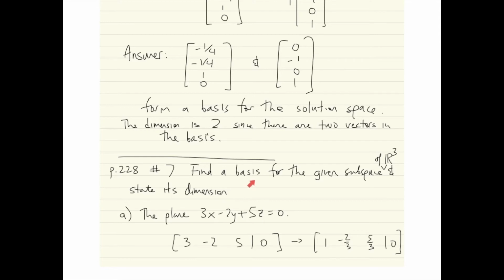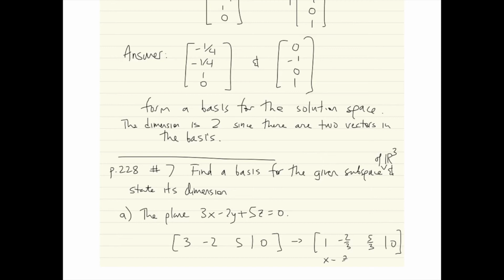It says, find a basis for the given subspace of R3 and state its dimension. So here's the subspace. It's just given by a single equation, and we do the same procedure. We form the augmented matrix. This time it just has one row. We get it into, this is actually reduced row echelon form by dividing through by 3 or multiplying by 1/3. And so we get this, and so this tells us that